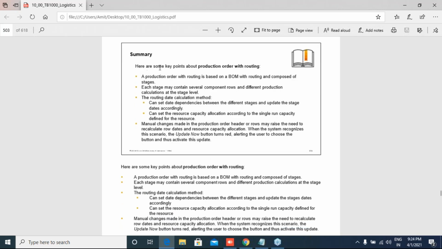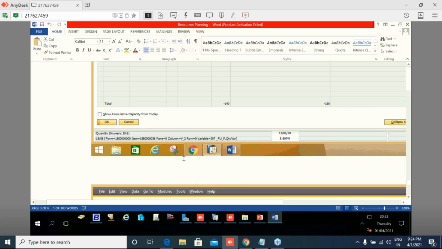In summary, here are some keys about product order with routing. A product order with routing is based on a BOM with routing and composed of stages. Each stage may contain several component rows and different production calculation at the stage level. Basically, what is this route stage? Route stage is,